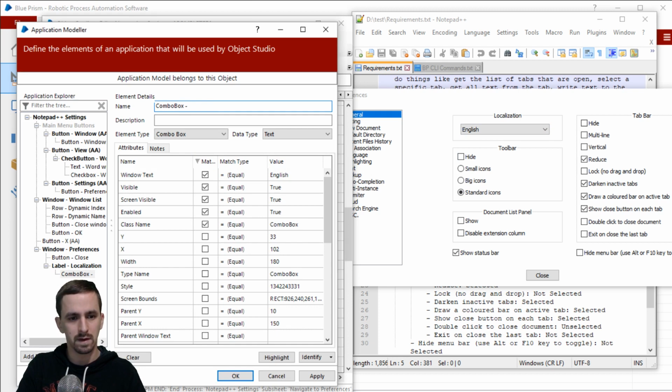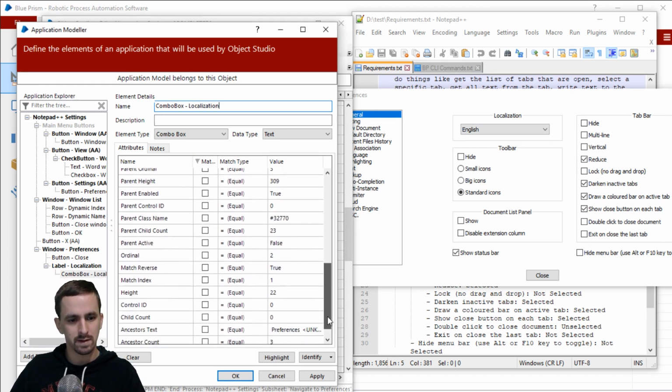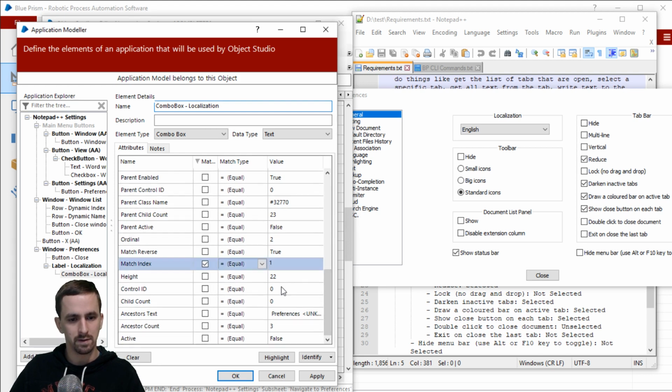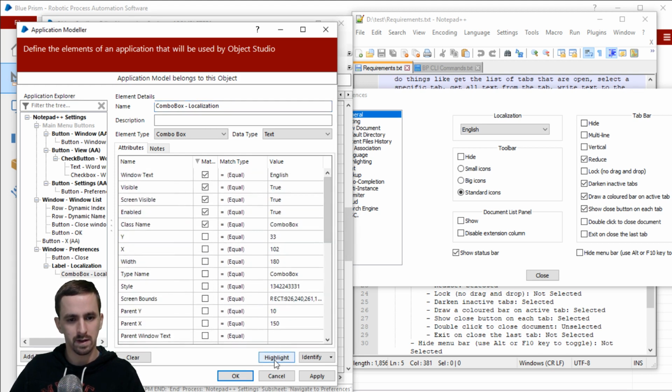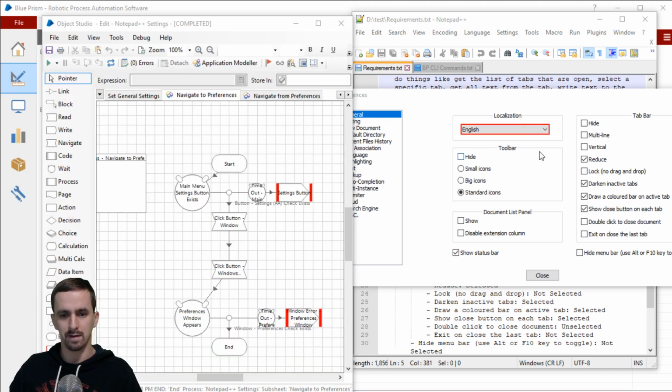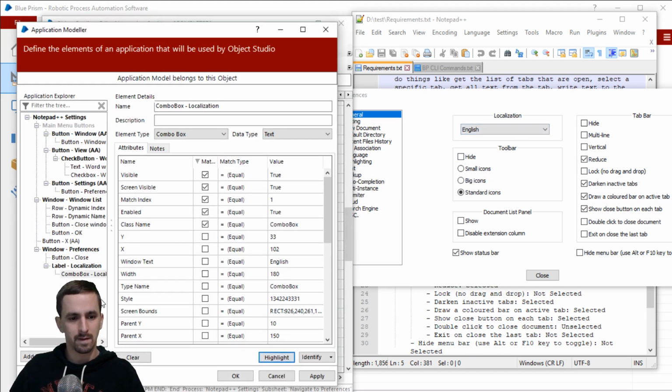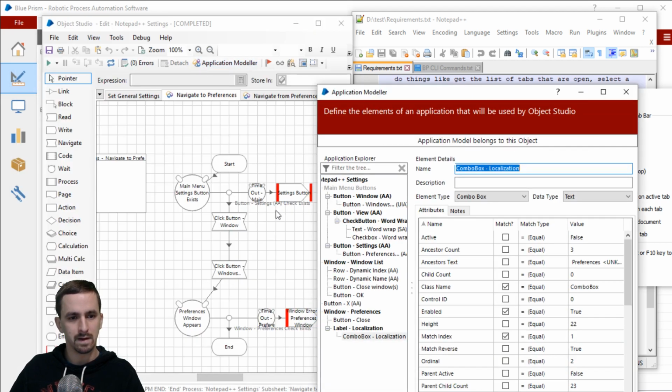There's nothing to uniquely identify it. So I'm going to use match index just in case. And it'll use the first combo box it finds on the page. We're going to deselect window text because that doesn't help us identify it. Okay. And then